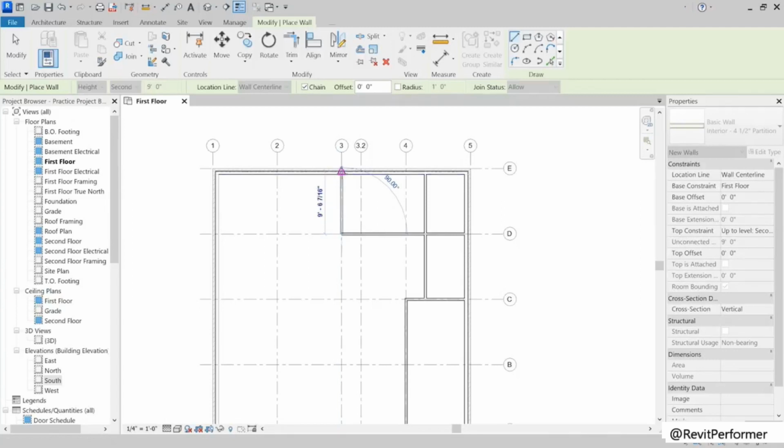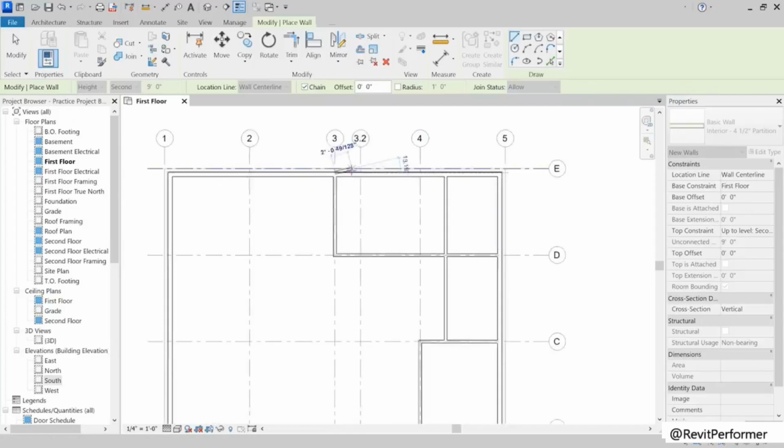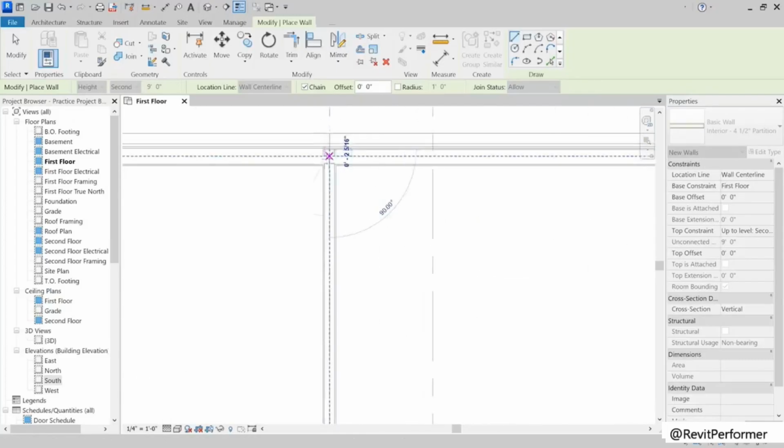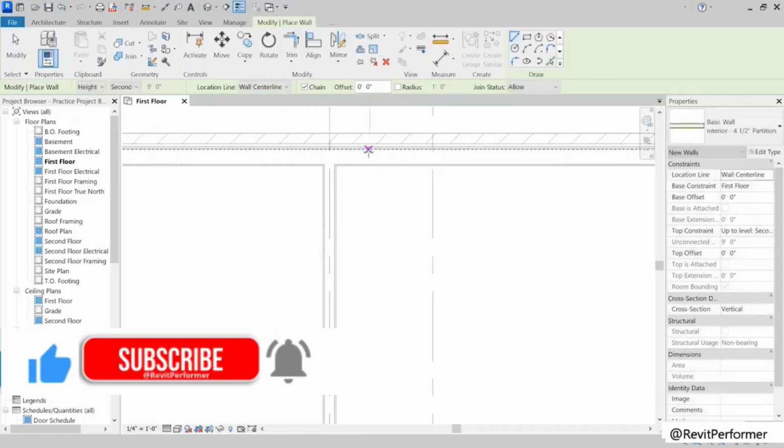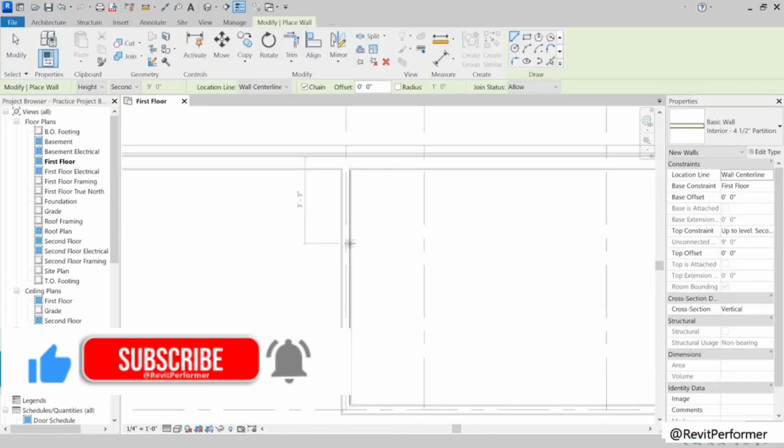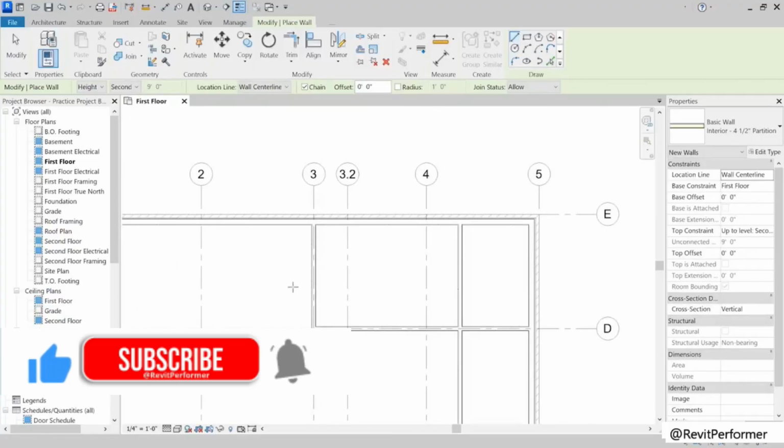And then I'm going to go up to my north wall again, and I'm going to hit. And now this one keeps going, and that is because I went past this line here, so it does not recognize it in this case. I'm going to hit escape. I only hit escape once, because I want to make sure that I stay inside of the command.